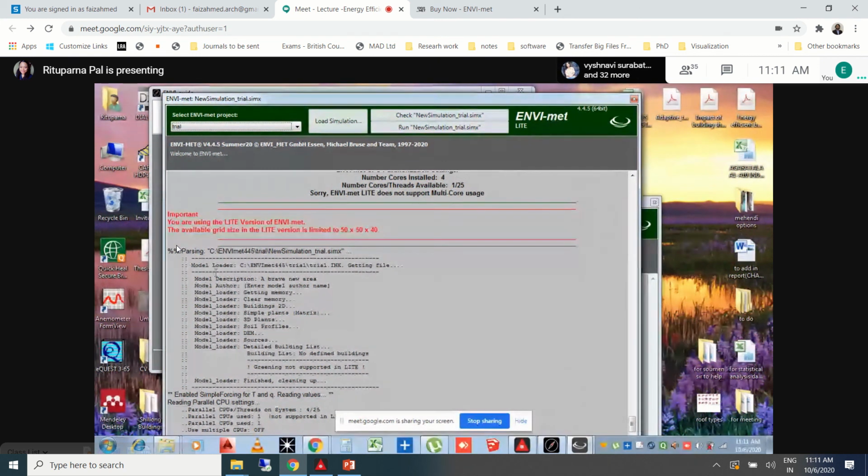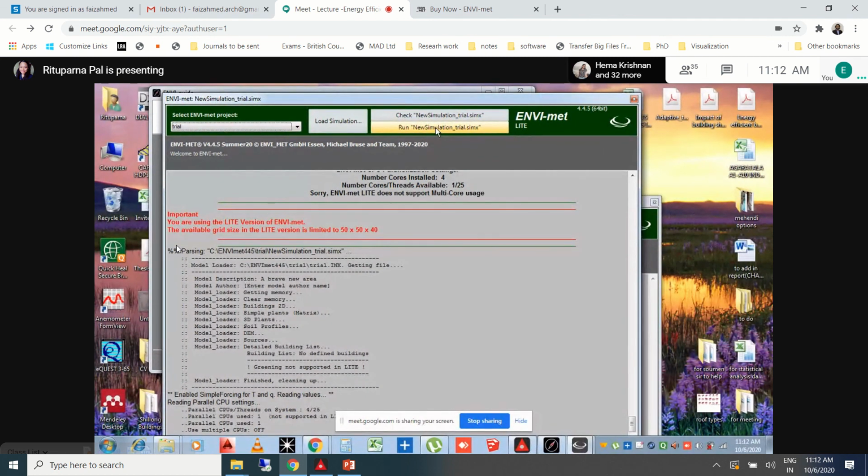Everyone is on this page after creating the grid size? Everyone is here on this page. Yes, ma'am. Everyone has loaded the simulation and got this page. Okay, so now we can run the simulation.